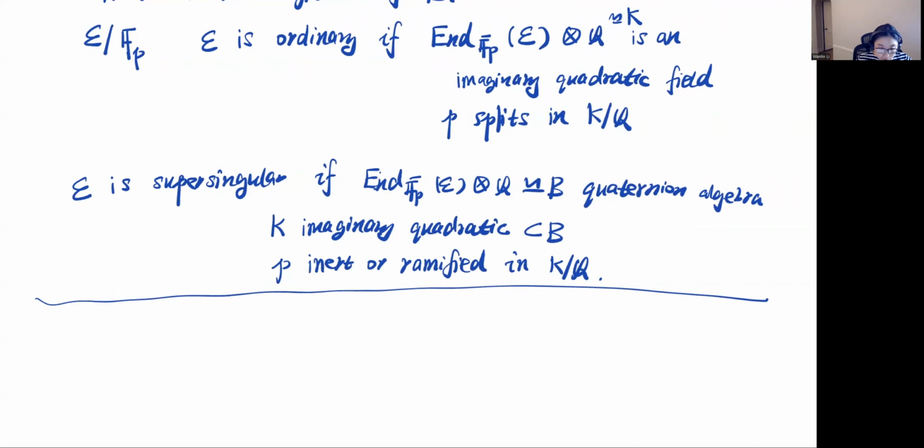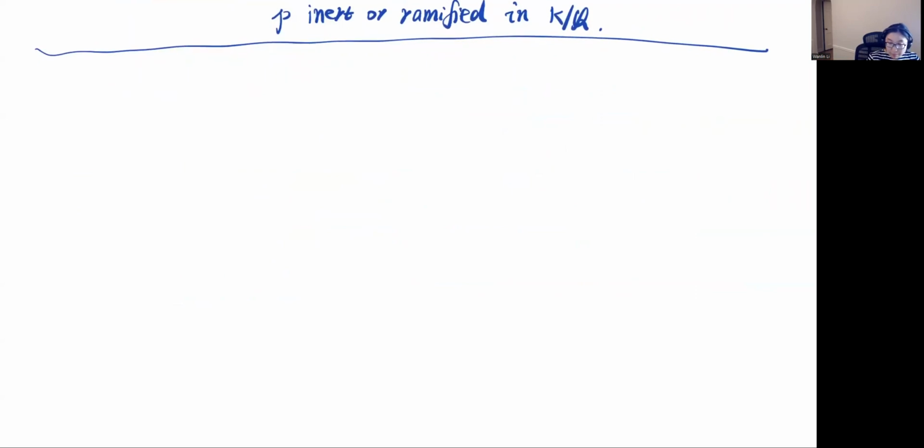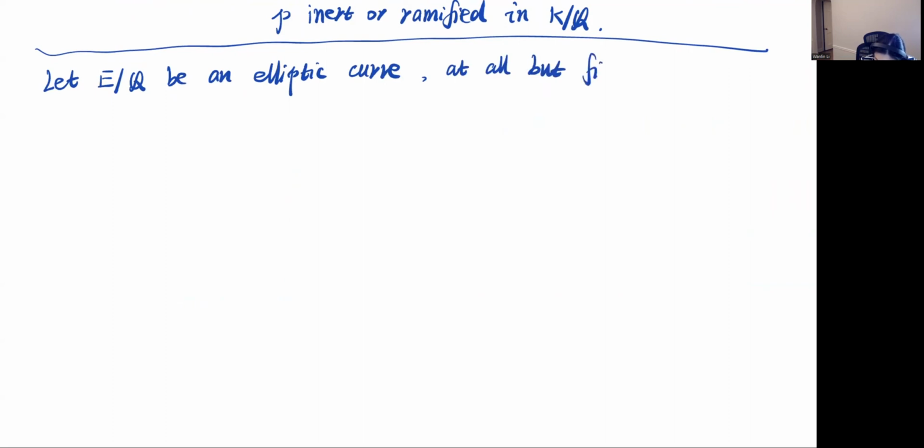So this is really background knowledge for what we are going to discuss today. The main topic of the day is the following. Let E over the rational numbers Q be an elliptic curve. At all but finitely many